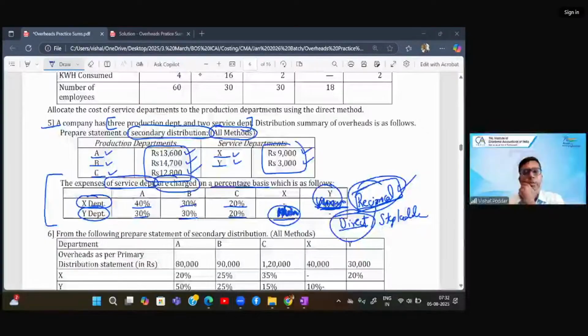We have to write that X is giving service to Y. Gunjan, see, you don't have to write anything because if the question is of step ladder, the data would be given accordingly. Here, we are modifying it for our purpose, just so that I can give you the comparative feel. In the exam, either the question will be of step ladder, and you have to solve by step ladder, or if it is of reciprocal and you have to solve by step ladder, they will tell you who is giving service to whom and whose service has to be ignored. Right, students?